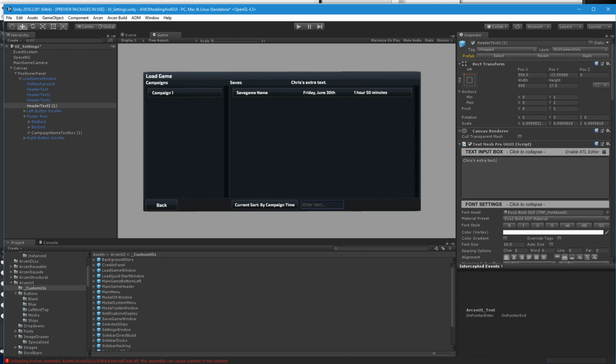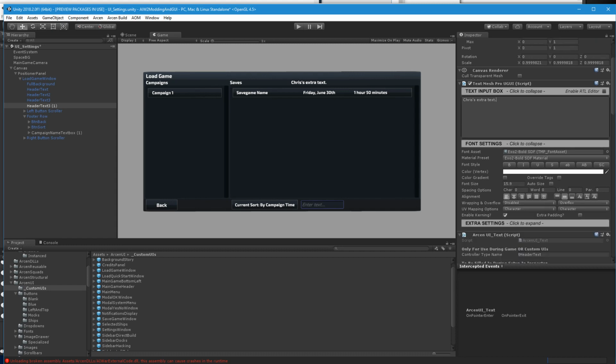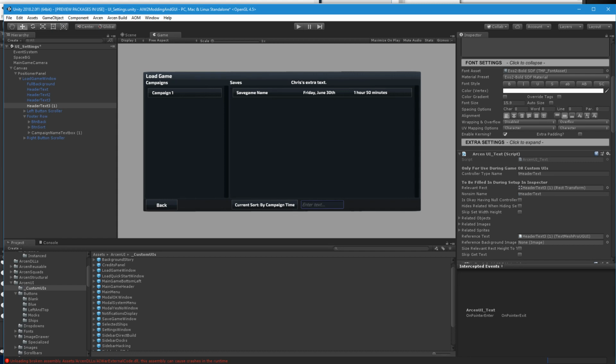However, that's non-functional text. It just shows. It doesn't have any sort of back end that populates the text. The code can't find it. It's not a button you can click. There's no mouse over. None of that stuff. If I wanted to have it be text that gets dynamically populated, I would need to give it a controller name that is unique. So I could give it like T Chris extra text, and then you would go to the related